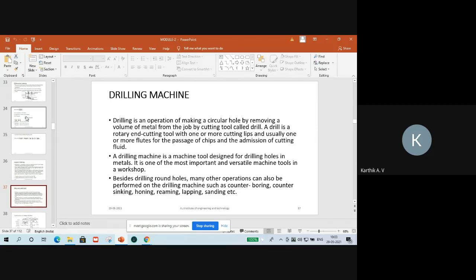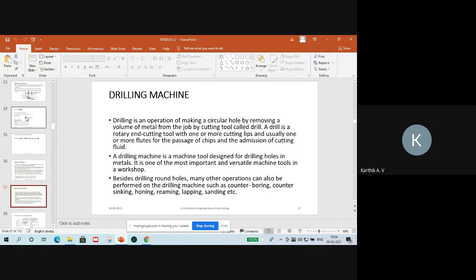A drilling machine is a machine tool designed for drilling holes in metals. If the material has a higher strength, you should select a drill bit of higher strength.